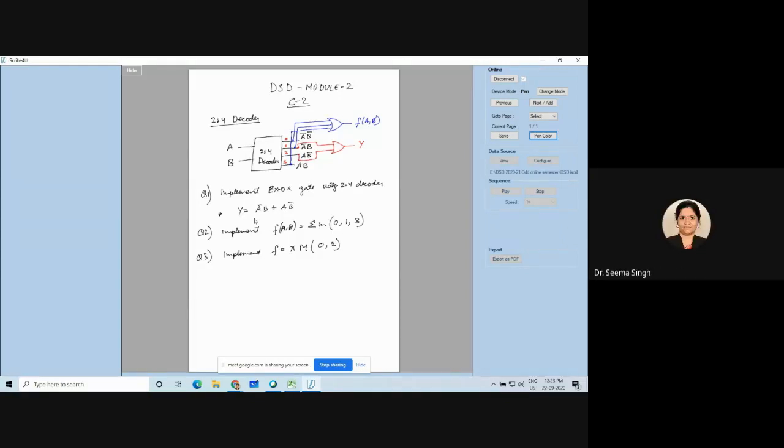Okay, now let me make it clear to you people. See, when you get a minterm, you would have seen it in your truth table. All of you, please understand this part very carefully. If you understand this, then only you will be able to do all further numericals. So all of you should understand this part very, very carefully. Okay.